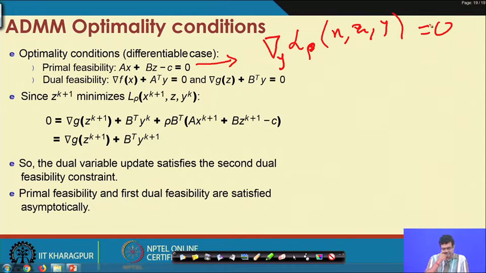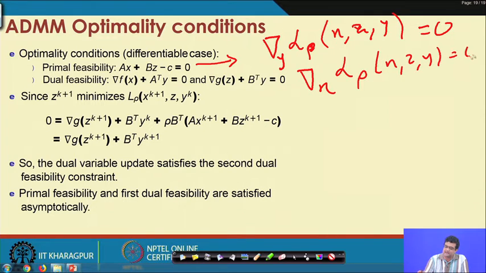This is the primal feasibility condition, which boils down to saying that your constraint should be satisfied. Then there are two dual feasibility conditions, when we differentiate with respect to each of the primal variables. When we differentiate with respect to x, the gradient of L rho of x, z and y is equal to 0, and similarly when we differentiate with respect to z.